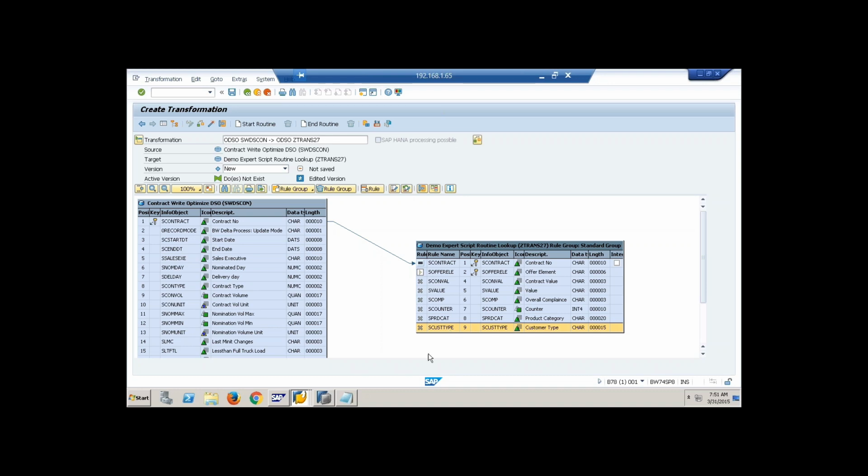Okay. Now try to understand. This is about me doing a lookup. ABAP lookup: first you read data from the attribute table of customer. You put that into some internal table. Then while looping the source package, you'll say read the P table of customer and